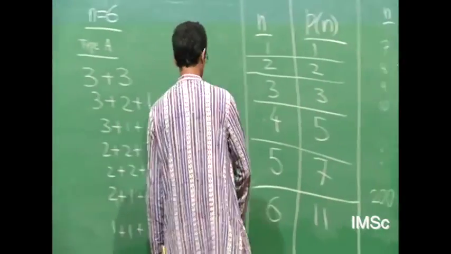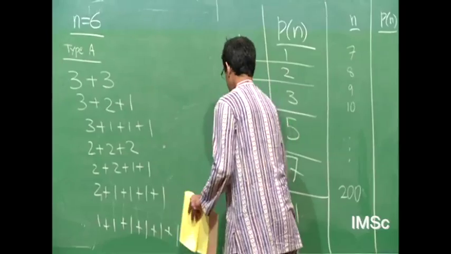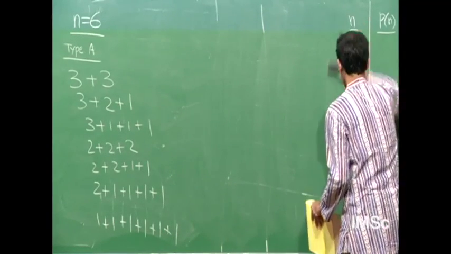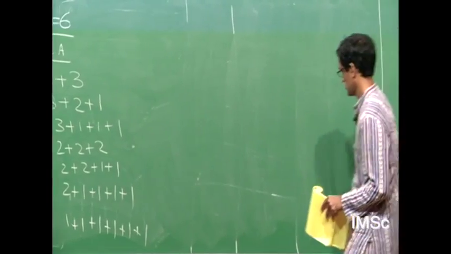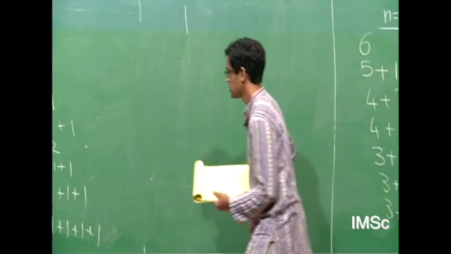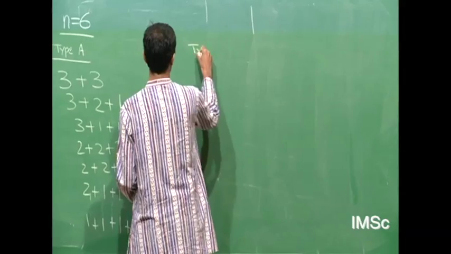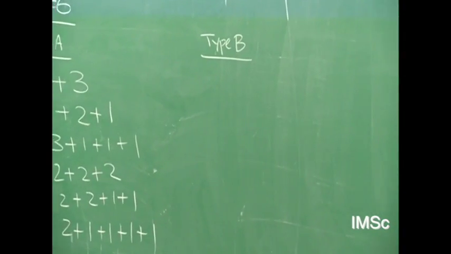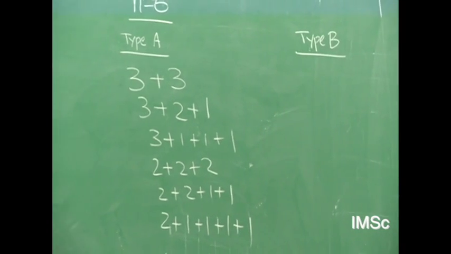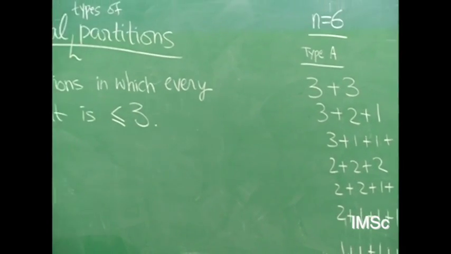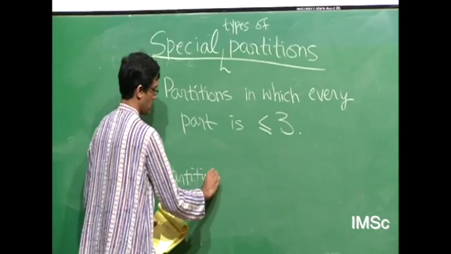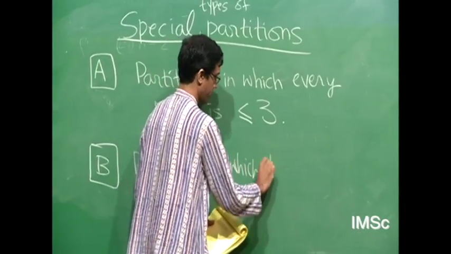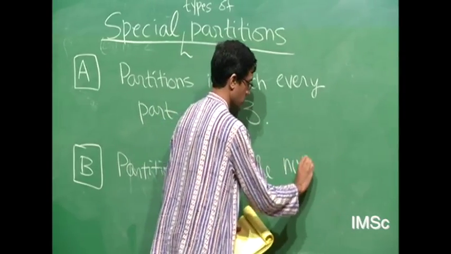Now I want to talk about another type, type B, which I'll also enumerate here. But I should tell you what type B means. So here's type B, partitions in which the number of parts